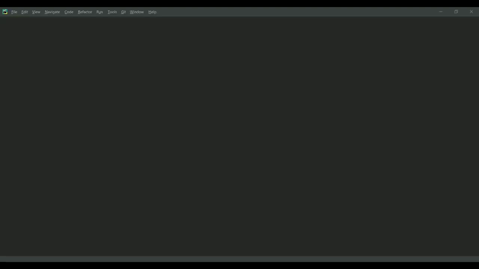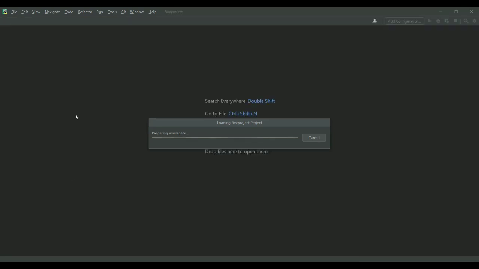Basically Python is a case sensitive language. The code is not as difficult as Java, but it has some basic case sensitive properties in Python also. In PyCharm, previously we created a project named first project. So we will open that project and just edit the main file.